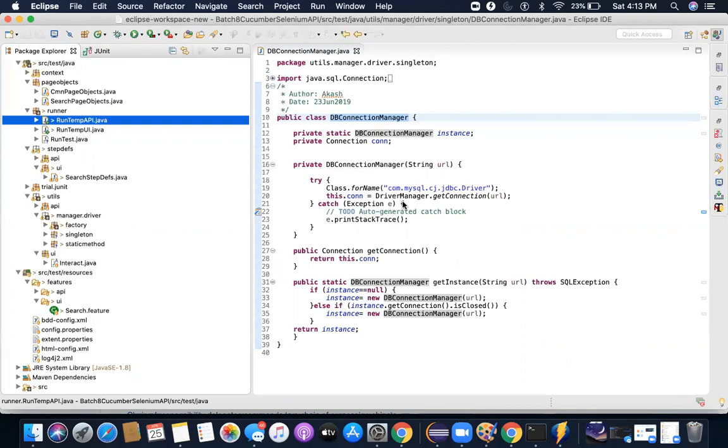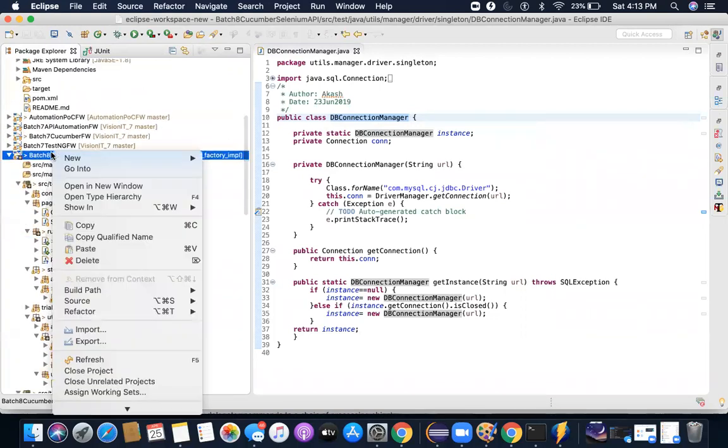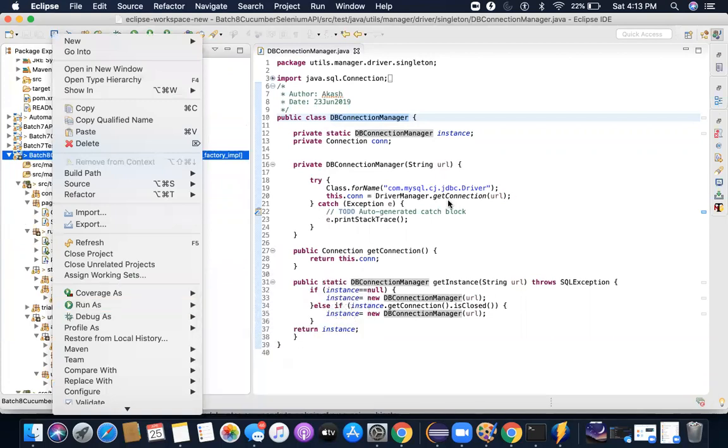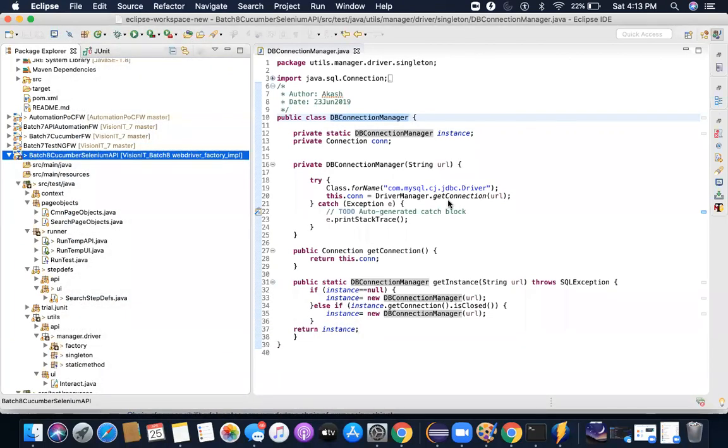I want you to run via Maven. You can run via Maven in two ways. Either you can just right click on the project, click on run as, and do it from here. I would still insist not to do it. I want you to use the command line because it is quite easy to do and it enhances your knowledge of how Maven works. However, there's no difference if you run it from there or from here. I prefer the command line. That's why I'm projecting it.